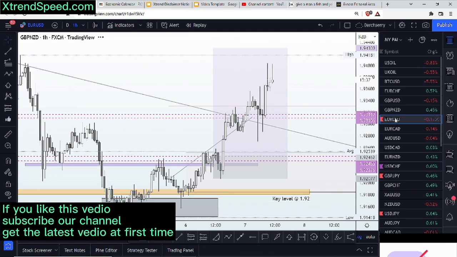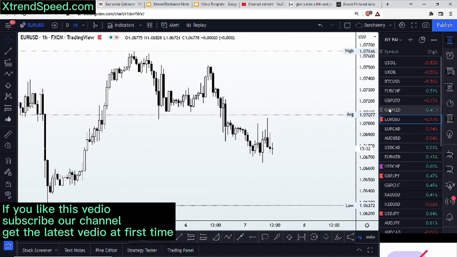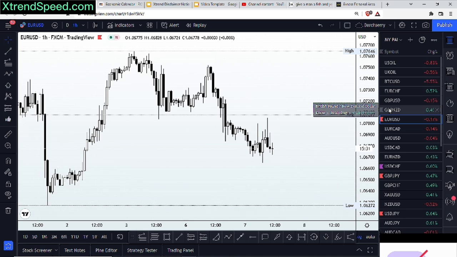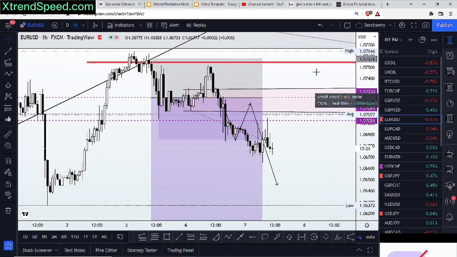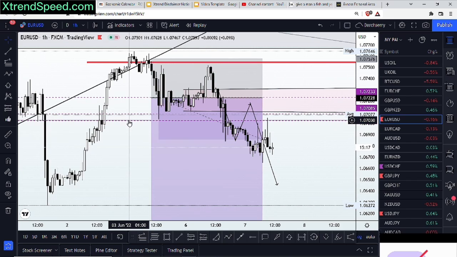So let's move on to Euro USD. On Euro USD, I didn't share it yesterday. I think I was about sharing, and we saw that we've run out of time on the Euro USD. Personally, I have how many positions running? I have one here at 1.027240. Then there is one here at 1.070089, and there's one here at